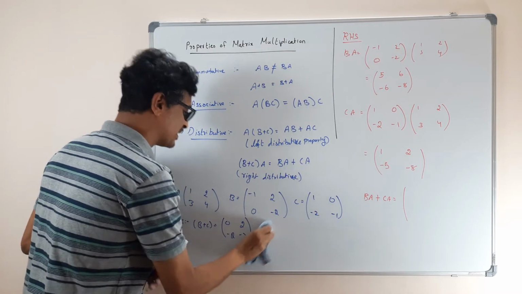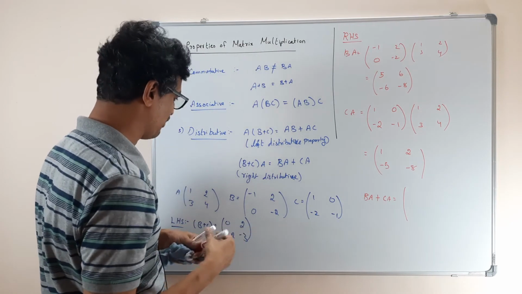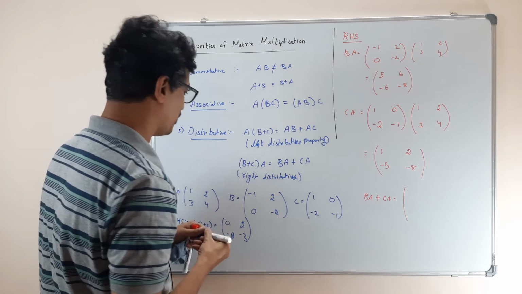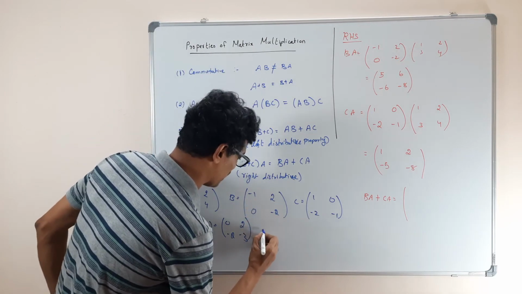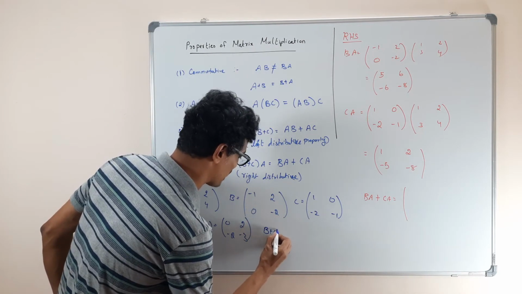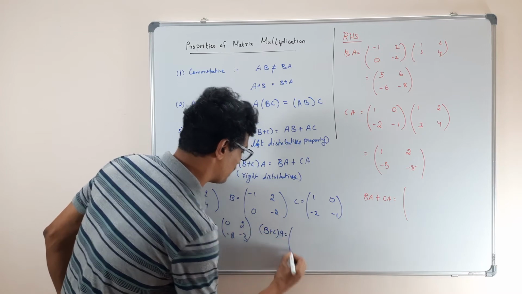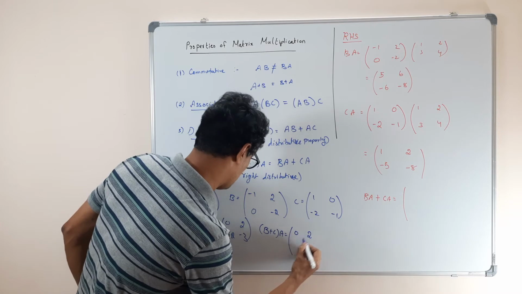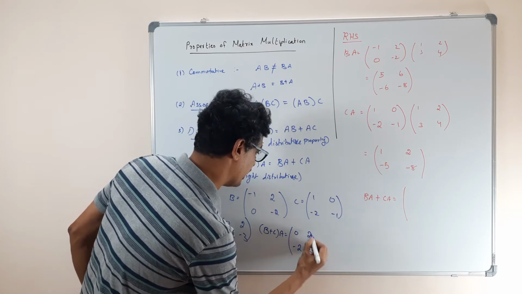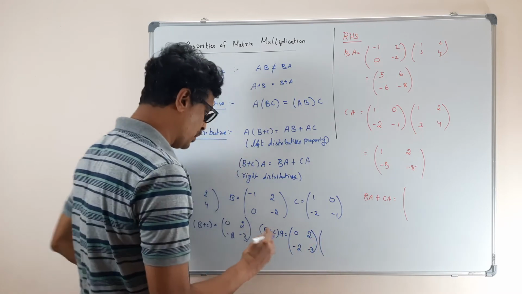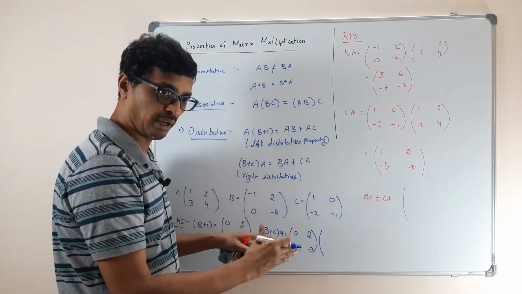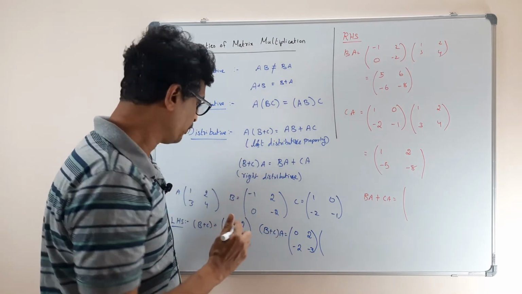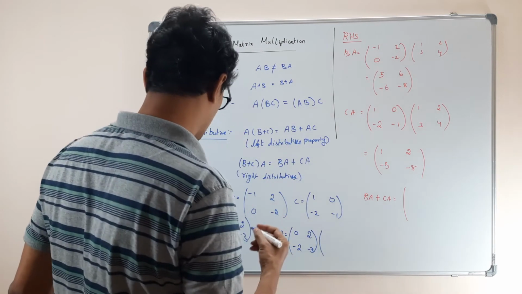See, these are the mistakes that usually happen when we do this. For me, nobody is going to cut the marks, but if you do it, your marks will be cut. B plus C into A. So what is B plus C? B plus C is this one: 0, 2, minus 2, minus 3. When you're writing in the book, you should write step by step, neatly. Don't do it like me. When I correct the notebook, I will check how you're writing.